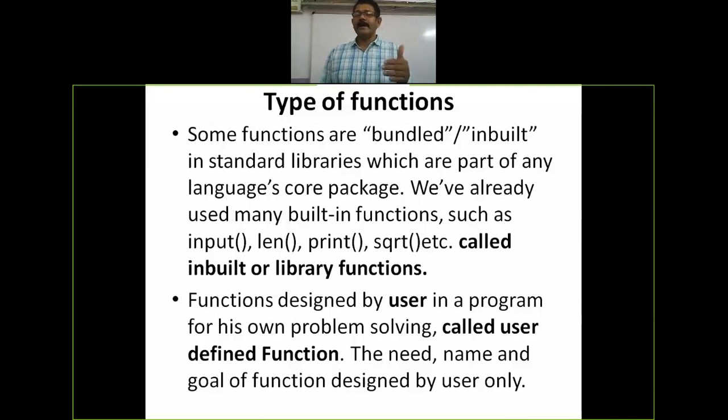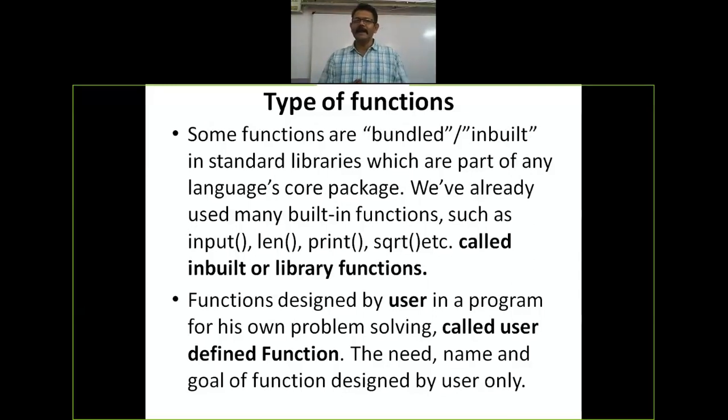These functions are created to facilitate the programmer, whose work is to make several programs of different kinds.